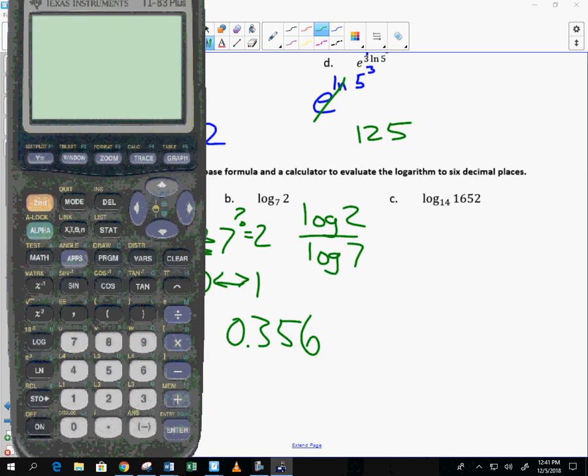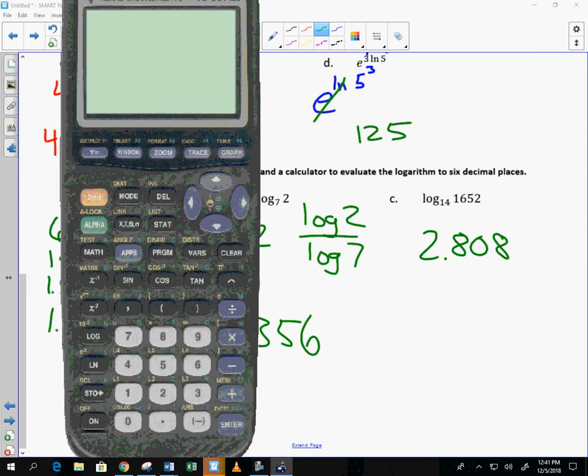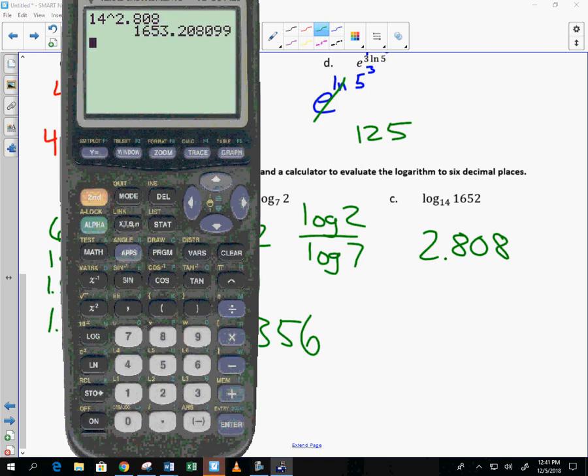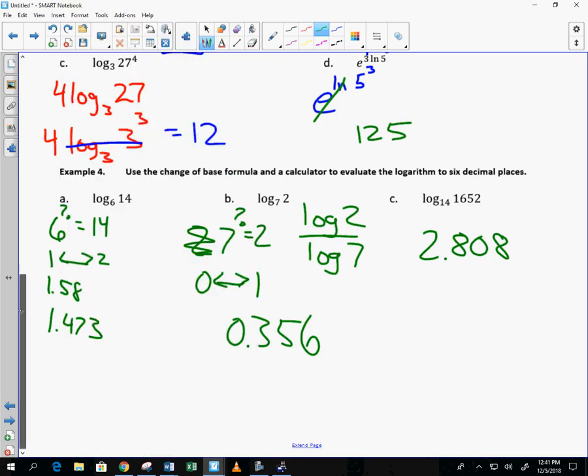You want to do another one? What do you get here? 2 point? Okay, sure. Good. Try it. You take 14, raise to the 2.808, and you get this. Pretty close, kind of. You can see why they want to carry it out to 6 decimal places, right? I mean, much more accurate. That's what happens with logarithms and exponentials. I'm going to end with this as I let you guys go. I know that